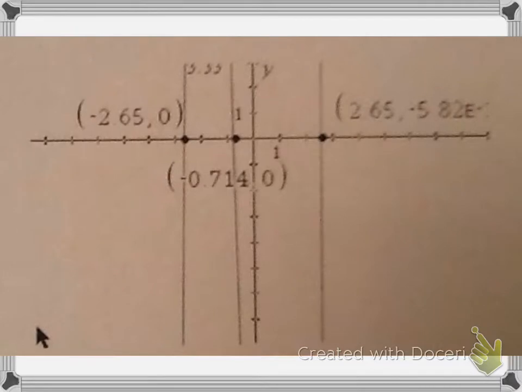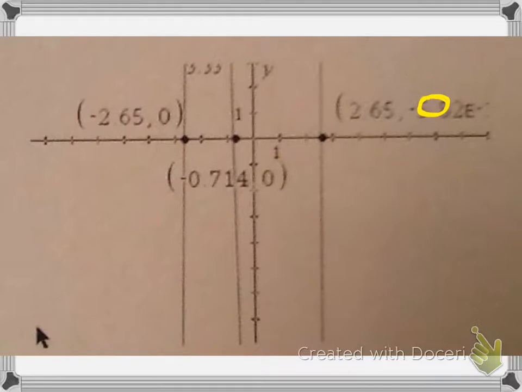Here we go. Here are our possibilities, and I have them labeled. This is supposed to be a 0. It said the root. I don't know why it printed funny. So we have negative 2.65, negative 0.714, and positive 2.65 are all possible rational roots. Now remember, a calculator will round, so we don't know if these are actual rational roots or if they're rounded